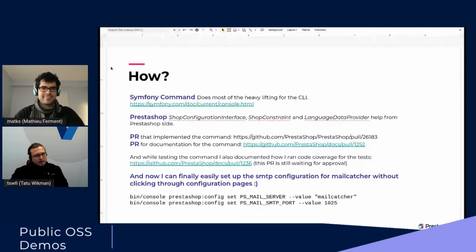And while I was implementing this command and testing it, there's also another pull request for how to run code coverage when you have tests for your command and you want to see how much of your tests really test the thing. And there's a pull request for handling the documentation on how to run the code coverage. It's still waiting for approval. But now after those were done,